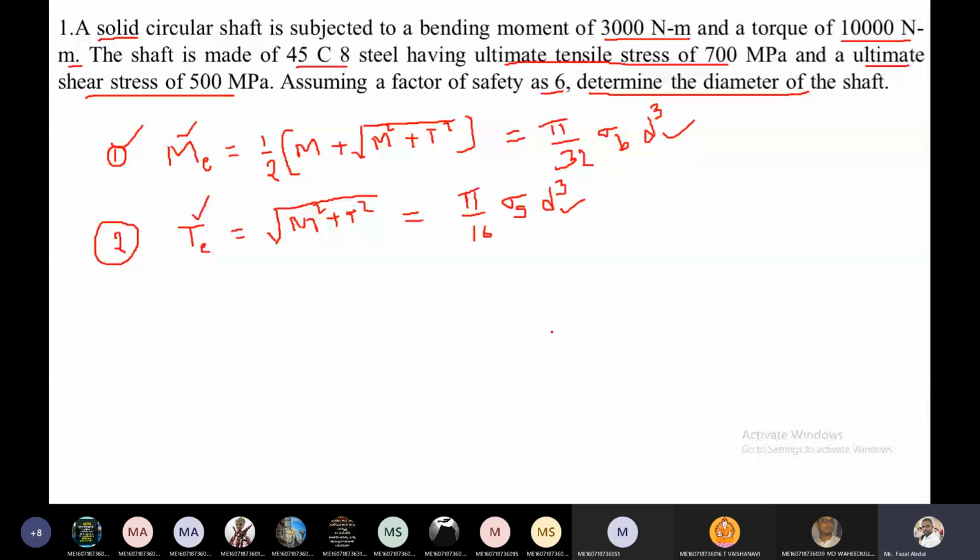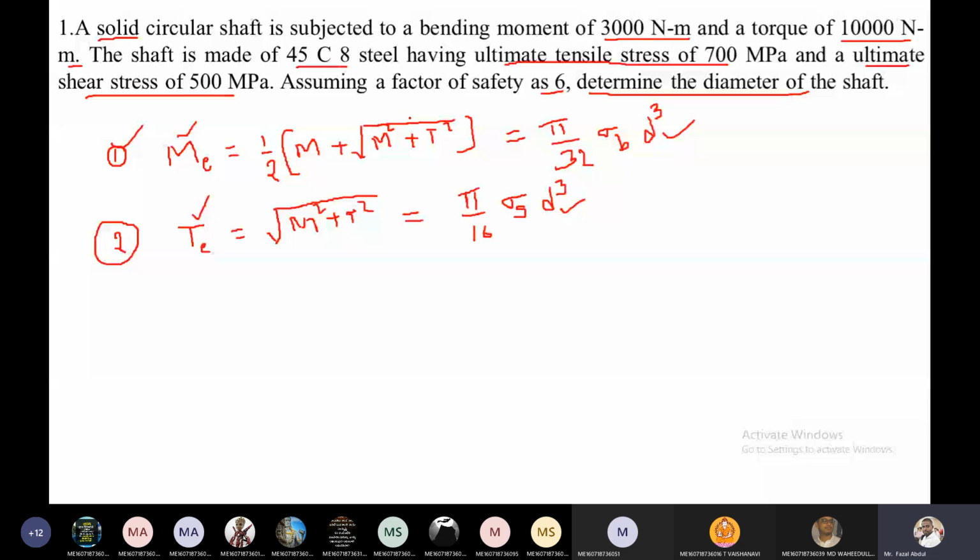Okay, see here. A solid circular shaft is subjected to bending moment. This type of problem I am going to discuss today. The shaft is subjected to a combination of bending and torsion. Based on the statement given in the question,